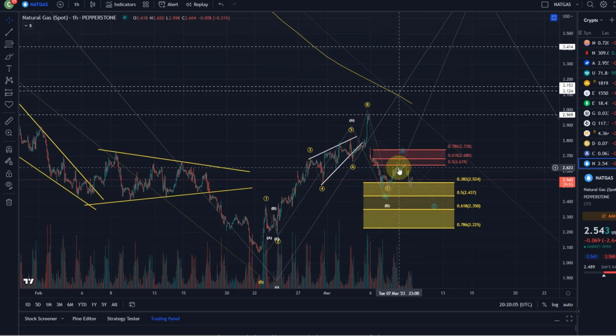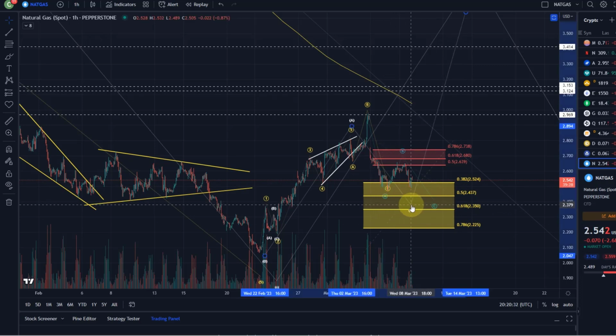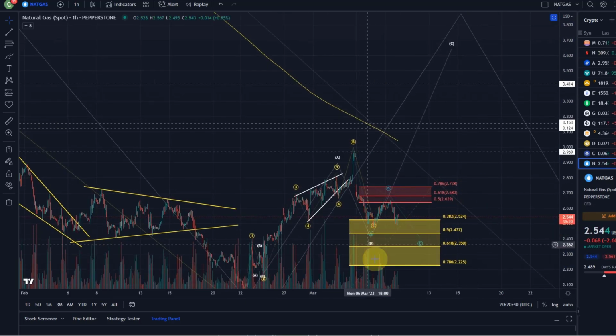Both possible options. Don't forget, this yellow area was a possible long trade area for anybody who wanted to use it. I can't tell you to do this. This is entirely up to you because there's more to trading than just looking at the charts. It depends on your portfolio, leverage, position sizing, and so on. Nevertheless, the yellow area is a larger trend reversal area for this B wave, which can do all sorts of funny stuff here. And from that B wave, we can expect at some point, as long as we don't break below 222,